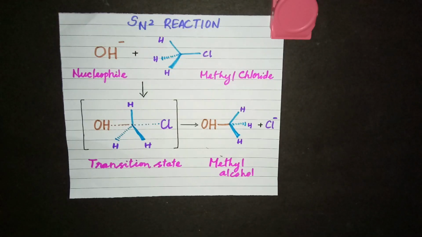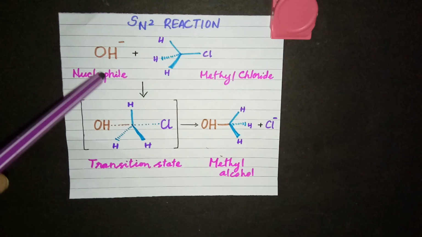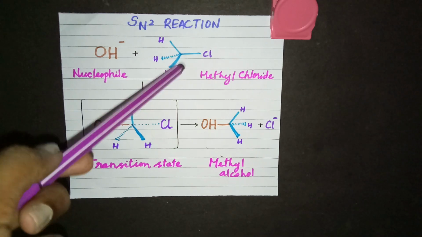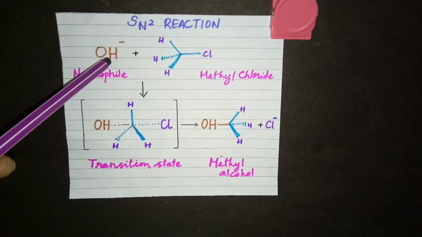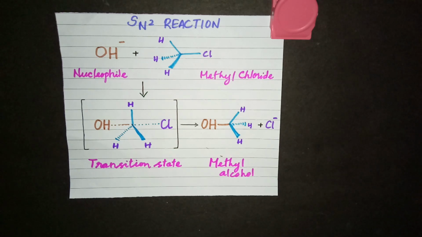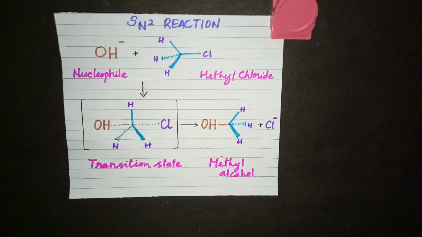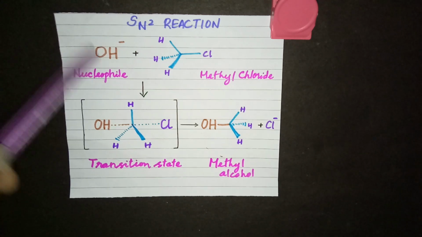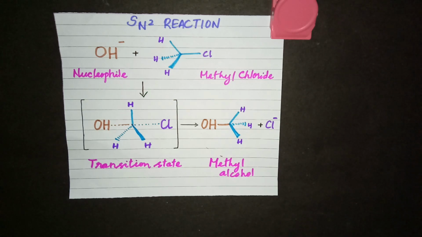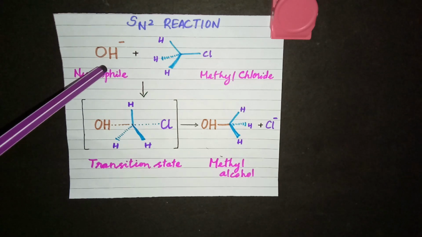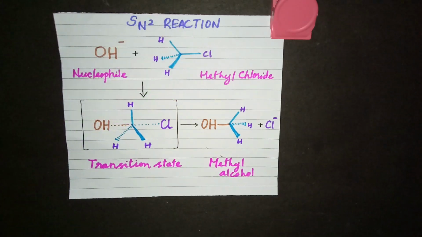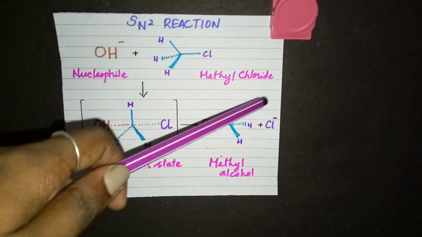You have learned in the previous video that a nucleophile will attack the haloalkane's carbon to substitute the halogen with the nucleophile. So that is what happens in a nucleophilic reaction, and we have seen different reagents which can generate different nucleophiles. So to explain this SN2 reaction, we are going to take this nucleophile OH minus. Which reagent can we take to generate this nucleophile? It can be either aqueous NaOH or KOH, sodium hydroxide or potassium hydroxide. So you are taking this nucleophile, and this is the haloalkane. This is nothing but CH3Cl, which is called methyl chloride.